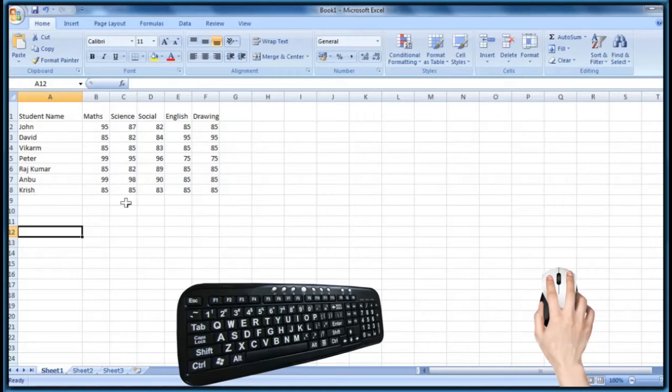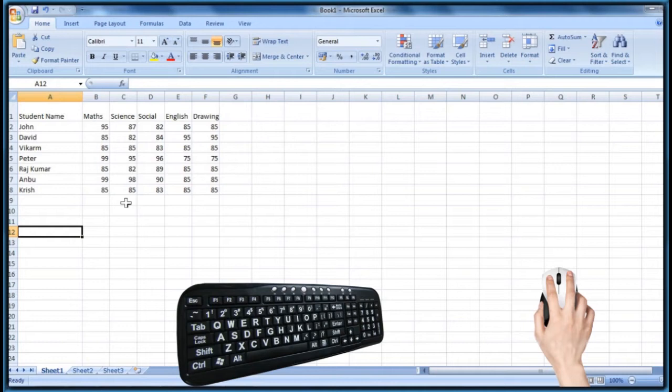Let us see formatting. Do you know what is meant by formatting in Excel? Formatting is a setting that determines how an entry is displayed in a cell. There are different types of formatting which enables Excel spreadsheet more effective. For example, if the data of the cell is the number, then you can apply number formatting. If the data is currency, then you can apply currency format. Like that, there are different formats available in Excel.